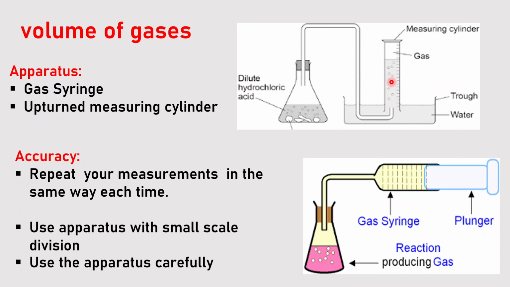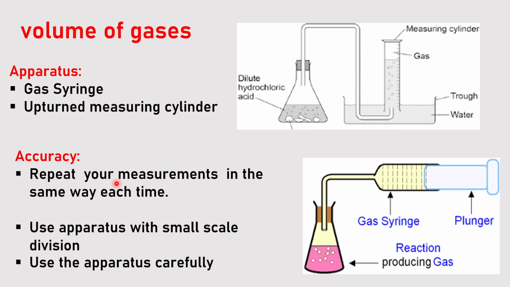When a measuring cylinder is used in this way, it is completely filled with water and then turned upside down in a bowl of water. The gas pushes the water down. We say it displaces the water. We can also use the burette instead of this cylinder, and the burette will give you more accuracy.